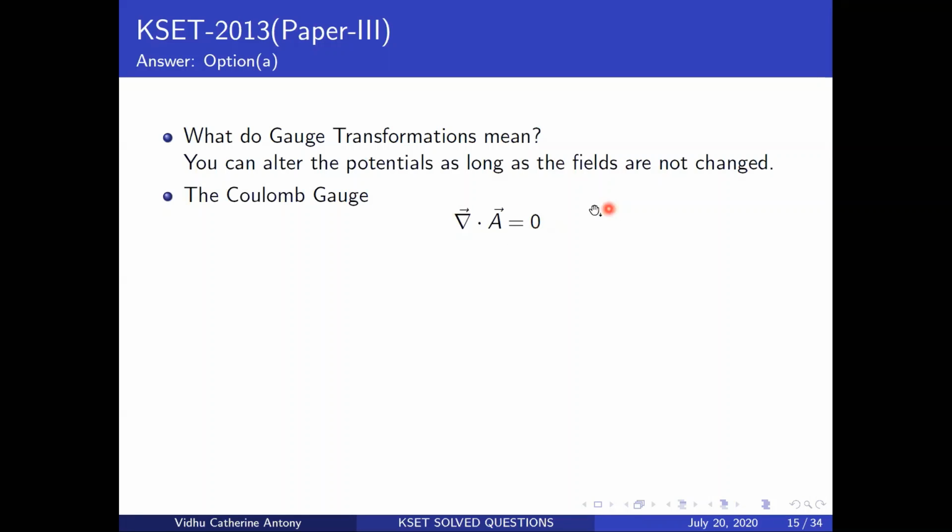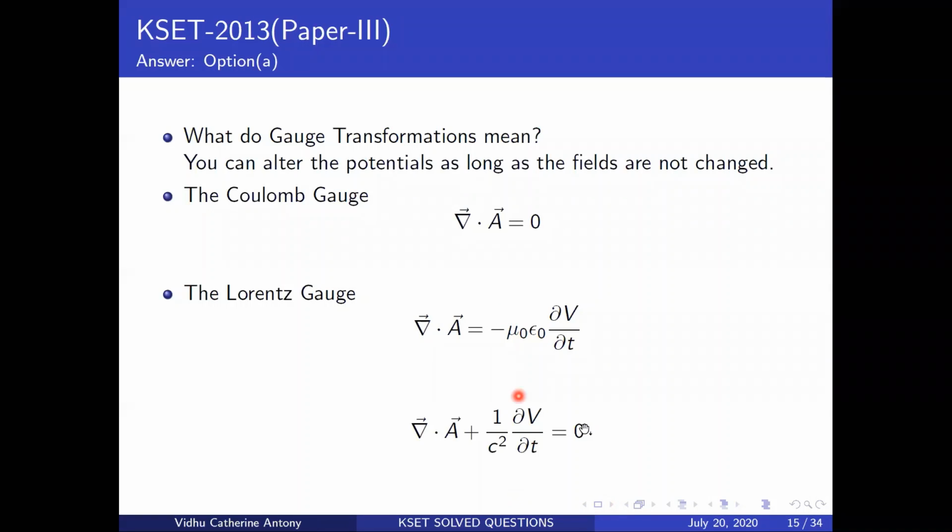Now your Coulomb gauge is not very nice. I kind of like the Lorentz gauge better, because of the question that I did in the first class. If you've listened to the lecture, you would probably remember it. There was a last question which said that the four Maxwell equations reduce to two when I introduce these scalar and vector potentials. Now, when you introduce a Lorentz gauge, what you end up finding is that the differential equations for your A vector and your V are exactly the same. So they behave kind of like the same because they have the same differential equations.